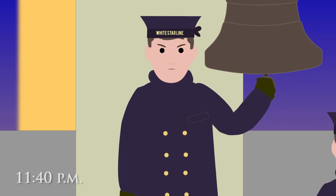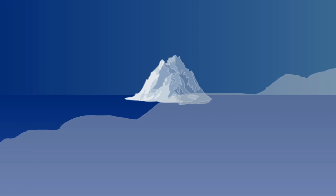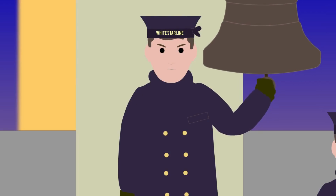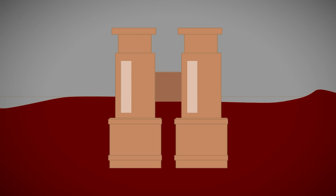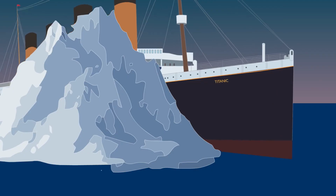At 11:40 p.m. ship's time, the ship's lookout, Frederick Fleet, spotted an iceberg from the crow's nest. He rang the warning bell and telephoned the officers at the ship's bridge, shouting, "Iceberg right ahead!" Fleet had spotted the iceberg with his eyes, as the crow's nest binoculars were locked away. The key's owner, Officer David Blair, had been removed from the Titanic's crew at the last minute and forgot to hand over the key. The officers on the bridge quickly turned the ship away from the iceberg, but it was